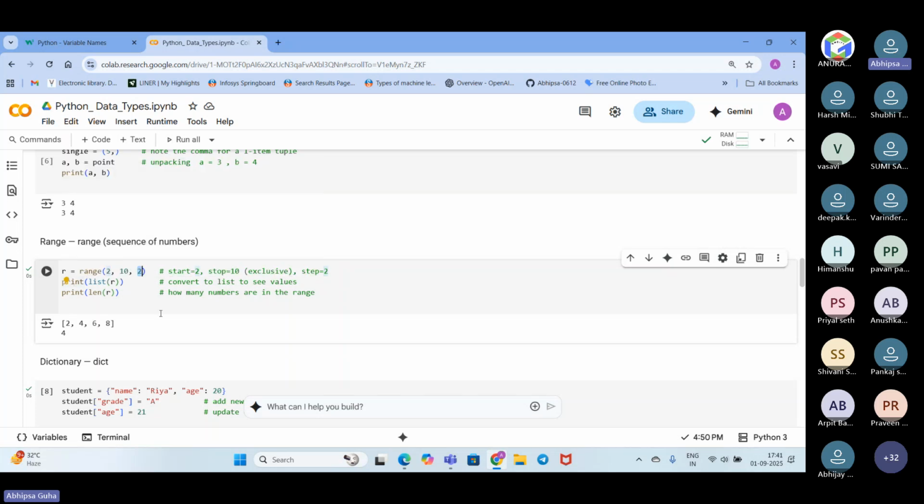So we can check the length of the range also. For the length, we are printing print length r. So how many numbers are there? What is the length? We can print it. We can definitely see here 1, 2, 3, 4, four values are there. So it is printing the length as 4, and we can definitely convert it to a list. List of range, we want to convert it to a list. For this, we are using this inbuilt list function.